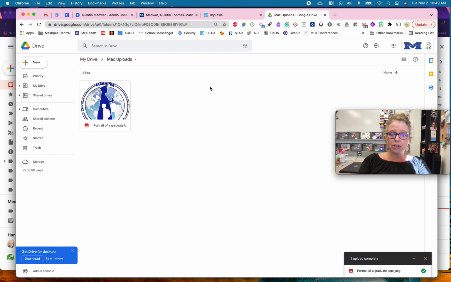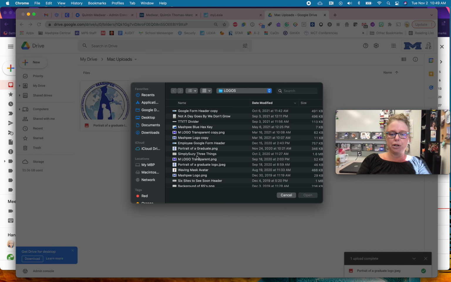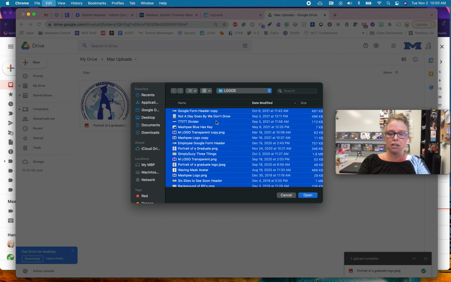You can select multiple files also. If I go back to new file upload and I want to put up a bunch of them, I could go ahead and do a combination of them by clicking the one that I want and holding down my shift key and clicking the other end of the list of what I want, and now I've selected everything in between, and then I could click open. It would put all of those up. Or I could do Control A for select all,